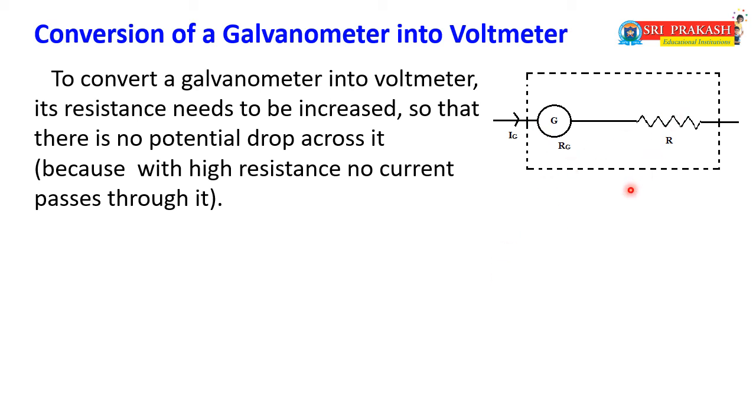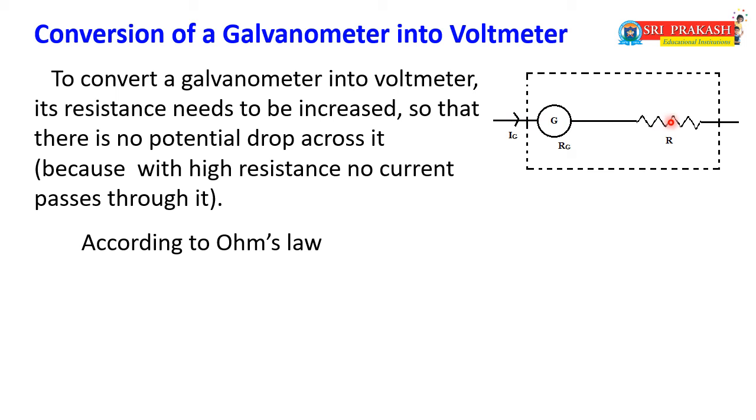With high resistance there is no problem to the circuit. Why? Because the voltmeter we are connecting in parallel, so current will pass as usual in the circuit. Across the two terminals we are measuring the voltage, so the current will not pass through the voltmeter, and no current is lost in the circuit. Now according to Ohm's law we can analyze again. Here R is the resistance connected and Ig is the current passing through it. The galvanometer and resistor are both in series, so the same current will pass.